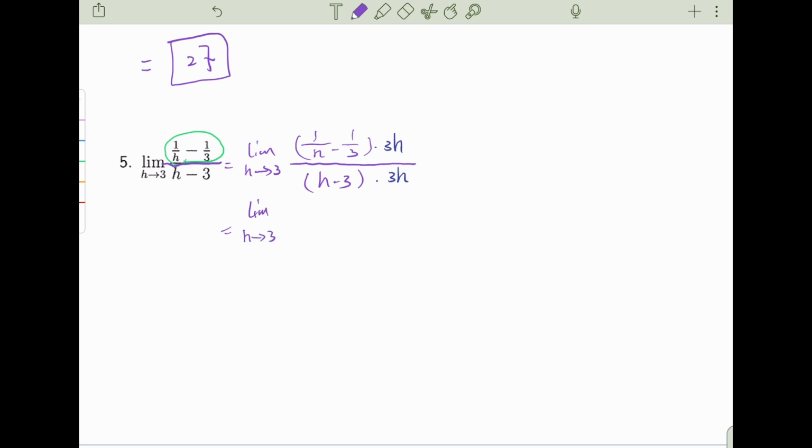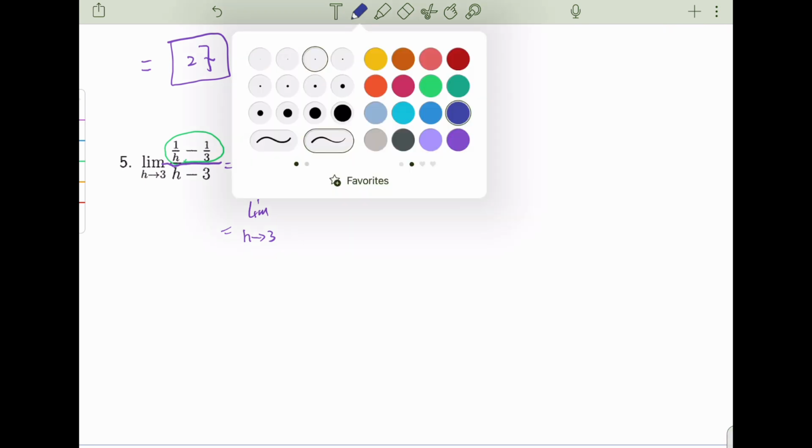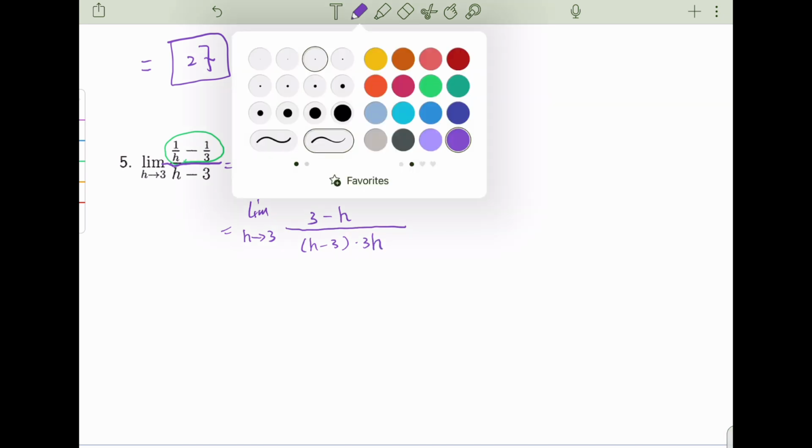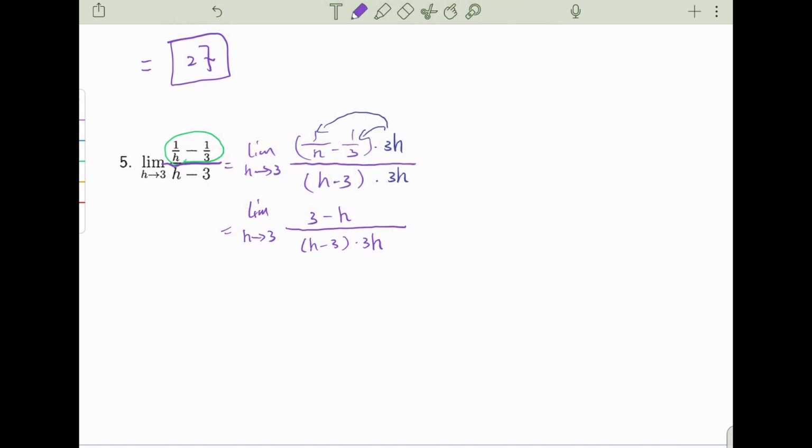So now we have that 3h multiplies through the bracket and cancels with the denominators, so I have 3 left for the first term and h left for the second term, right? And in my bottom I just multiply this through, or I don't even need to, because I realized that now the top and the bottom both have h minus 3, so that I can